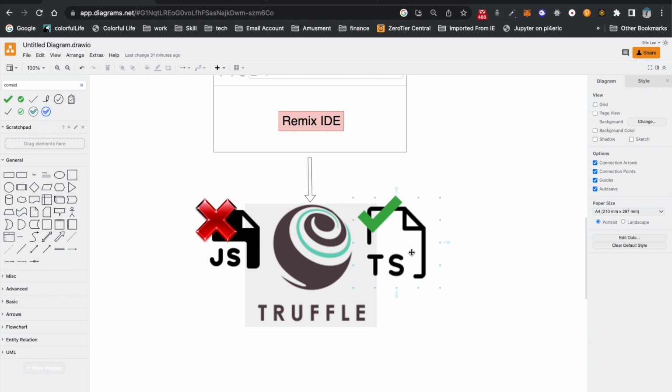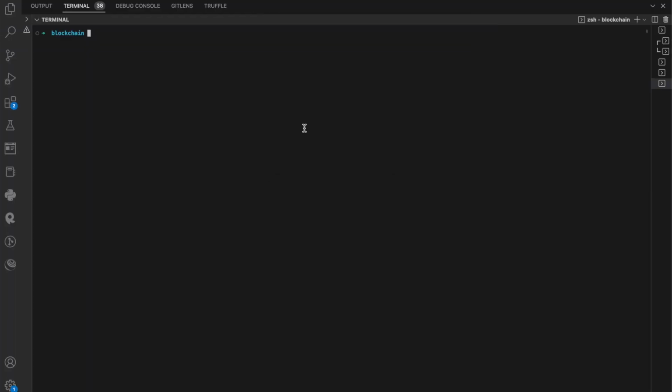Okay, so firstly, we just go to our terminal, and make sure that you have already installed Truffle globally, and if you do not, you just use npm install -g truffle, and that's it. I've already installed it, so I don't need to do that. If you do not, you just install it, and we can make a project directory called, I don't know,